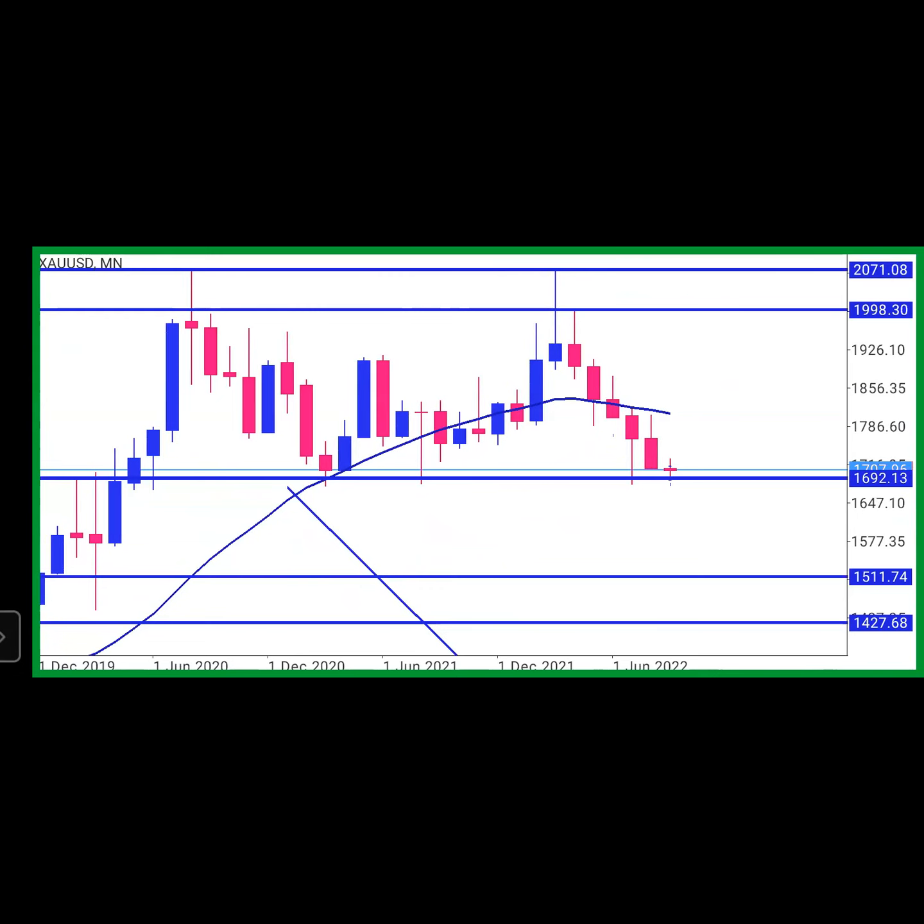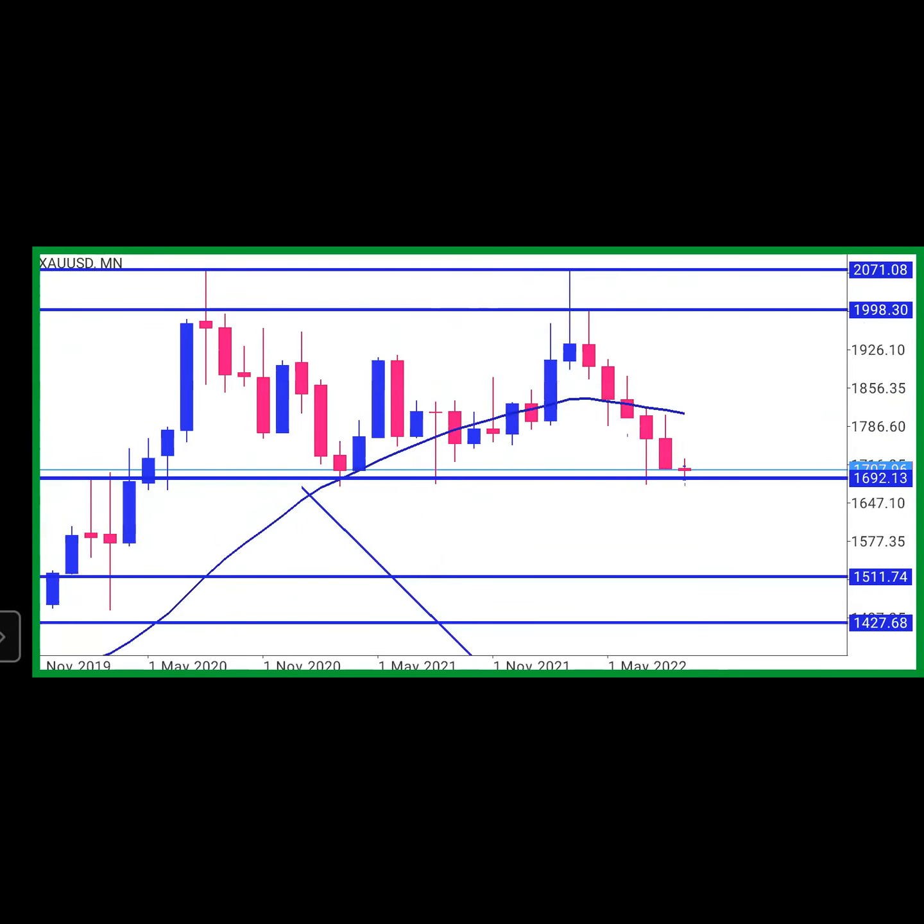Like if you look at the top of this range, there were two times the wick, a very long wick, went to the top of the range. That line I put, 2071. You can see two very long wicks. Those candles did not open with a wick. Those candles opened with a full body, but when they closed, they closed with a wick. That was an indication of a false breakout.